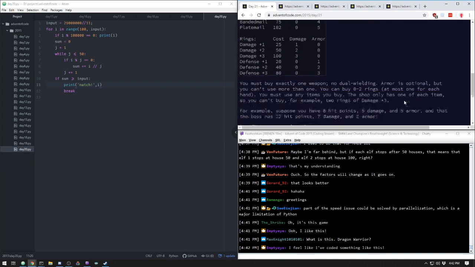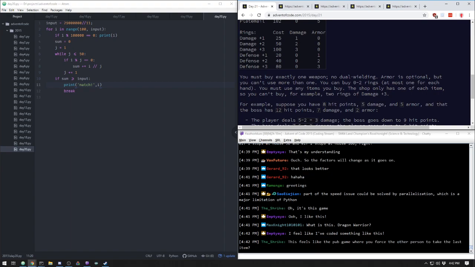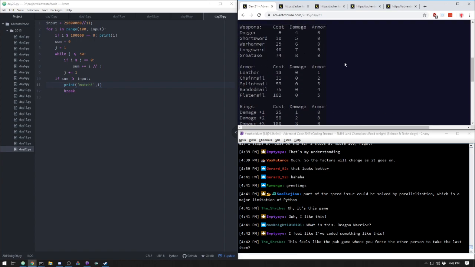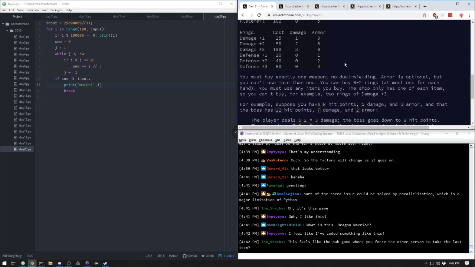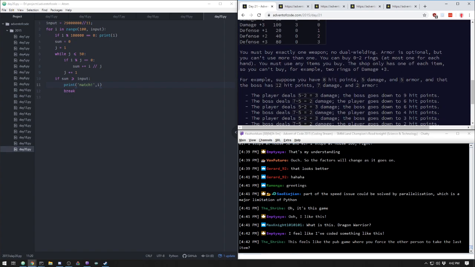Here's what the item shop is selling. You must buy exactly 1 weapon, no dual wielding. Armor's optional, but you can't use more than 1. You can buy anywhere from 0 to 2 rings, at most 1 for each hand. You must use any items you buy. The shop only has 1 of each item, so you can't buy, for example, 2 rings of damage plus 3. For example, suppose you have 8 hit points, 5 damage, and 5 armor, and that the boss has 12 hit points, 7 damage, and 2 armor. Player deals